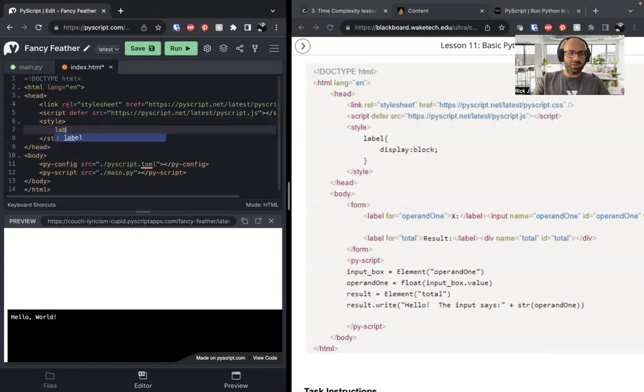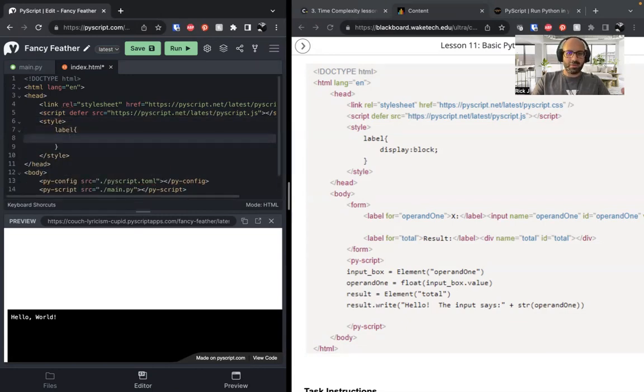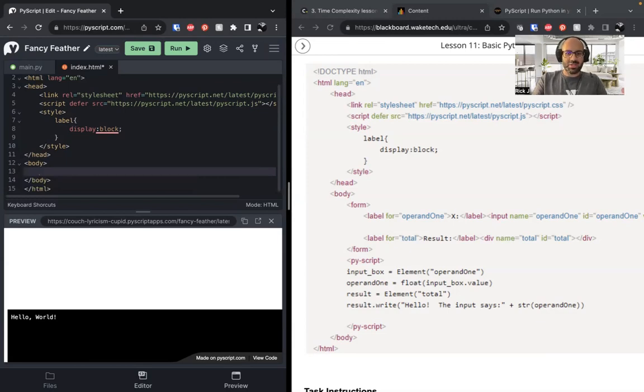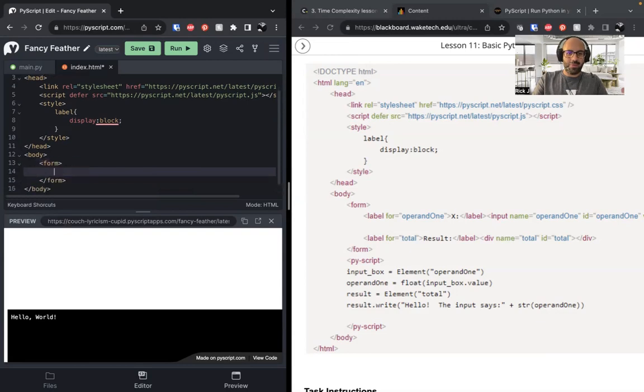Then we have a style block. And inside it, we have a label block. Inside, we're displaying it as block. So we want labels to be displayed as a block. That's a CSS change. Then we go on to our body, and we don't use these files. We're just going to type the logic right in. We have a form tag. Inside, we have a label